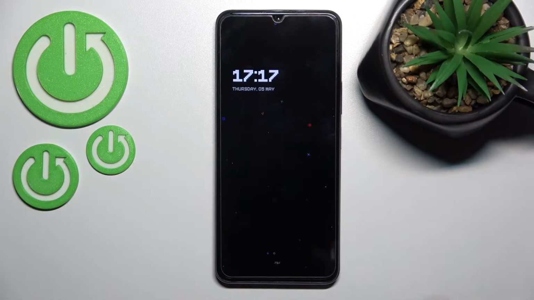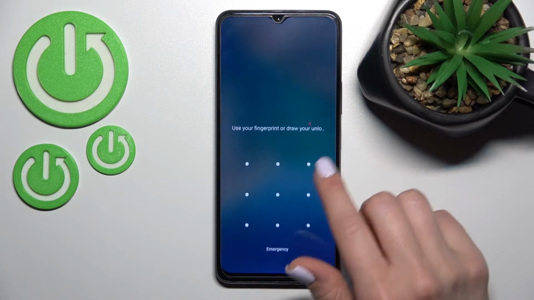Welcome to the Vivo Y76 in front of me, and I'll show you how to turn off the Always On Display